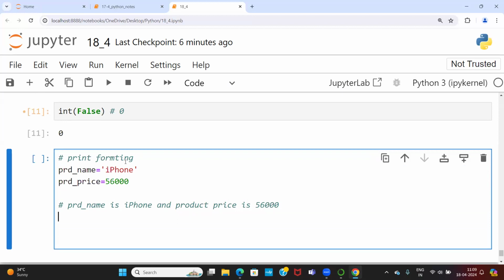What can I do for this? I want to print a product name and a product price. The product name is iPhone and the product price is 56,000. In the same line, I want to print. So the possibility is very simple. So print of